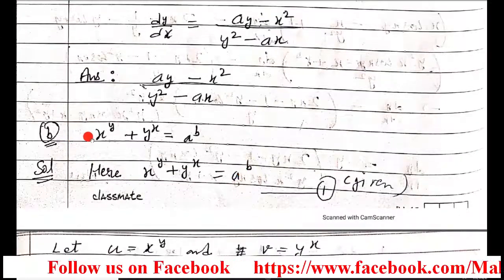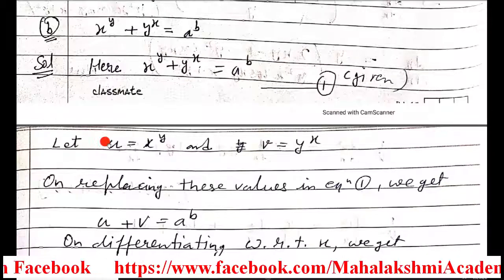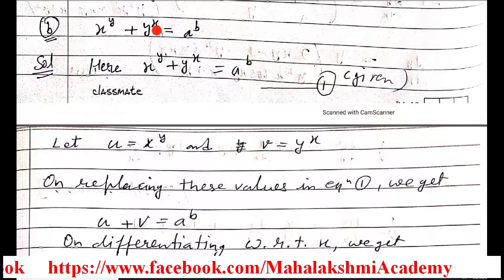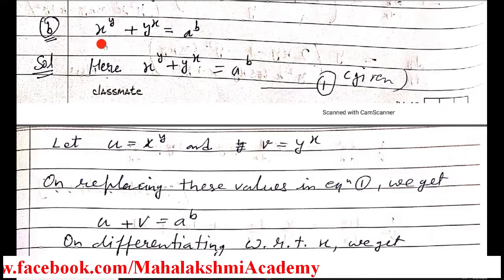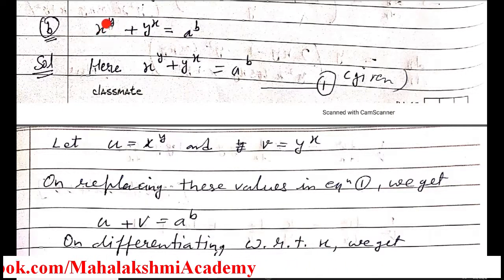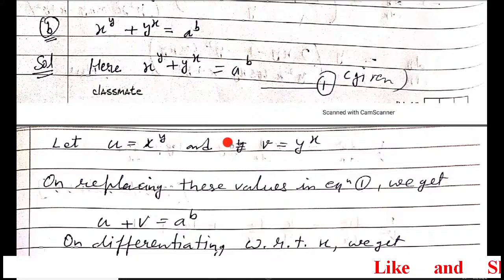Now the second part of the same question. So students, in the second part we can see that this is an implicit function. Implicit function means one in which the variables cannot be separated. Since we cannot separate the variables, the way we did the remaining questions of the same exercise, we can't do it the same way. In this, the process is different. So just see what the process of differentiating an implicit function is.